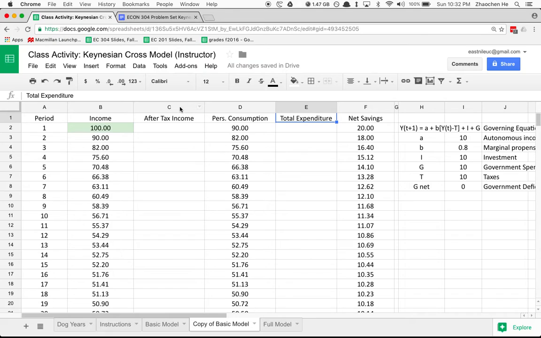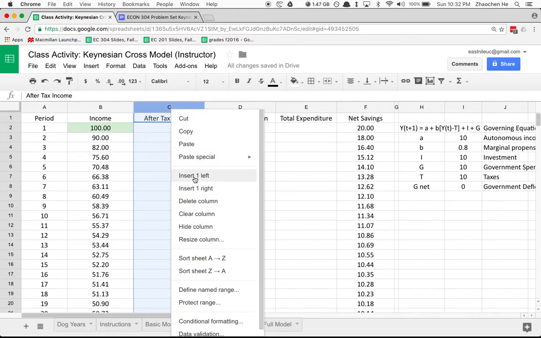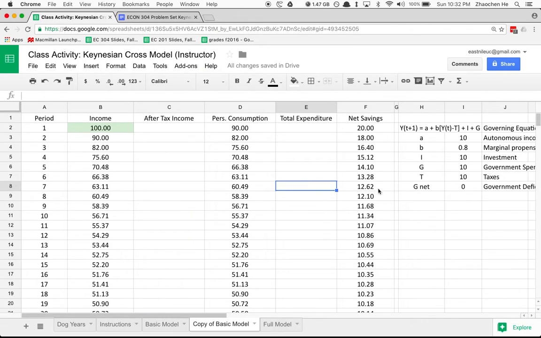How do you add a column? Well, you just right-click up here, and then you'll have this option to insert one left or right. That'll insert a column left or right. And then over here,